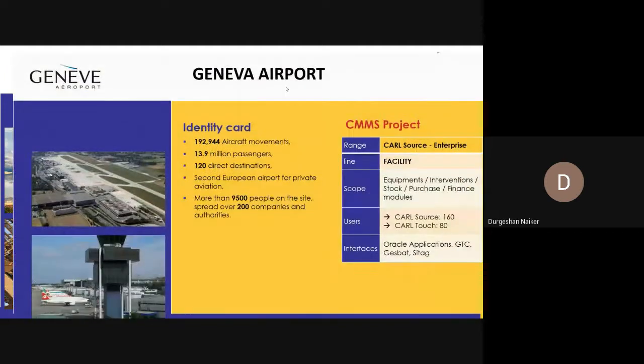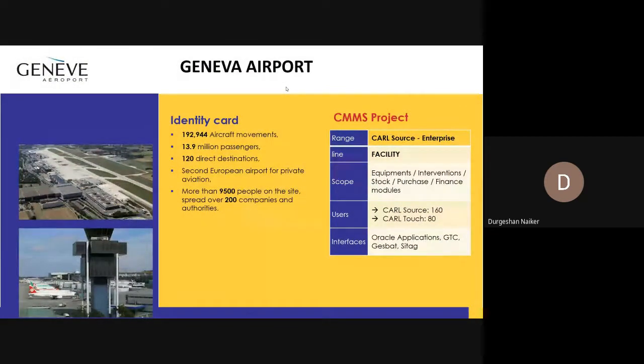So next is Geneva Airport. People trust Carl for important places like airports. There are more than 30 to 50 airports and seaports using Carl to make sure they are maintaining their assets correctly, so that it doesn't let them down. Even Carl is used in nuclear power plants and things like that. So it's quite